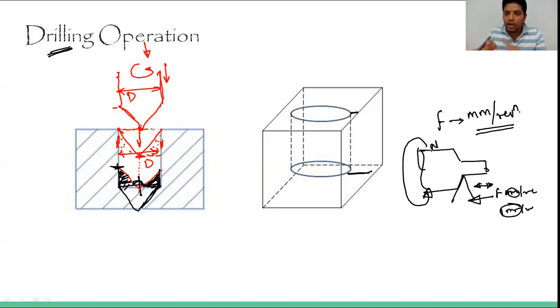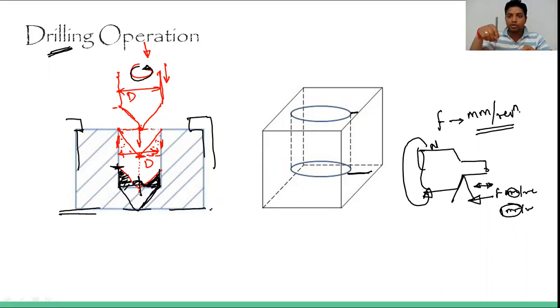Now we are talking about the drill machine. So when you will see this one, then this is only the rotating. Okay, because before drilling we have to clamp it. Okay, we have to clamp whatever the workpiece that we are using or the table, because that will not rotate, because a high amount of torque will be transferred through this drill bit. So we have to clamp it first. So what we are doing, this drill bit is rotating and we are applying the feed force to the drill bit only.